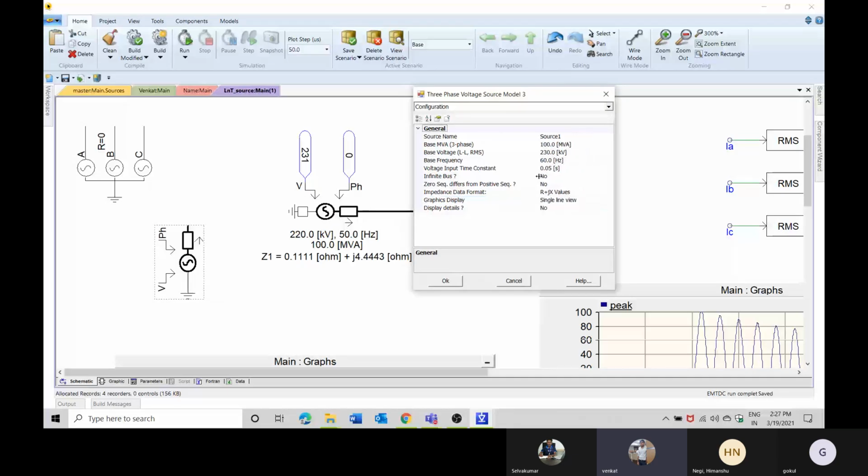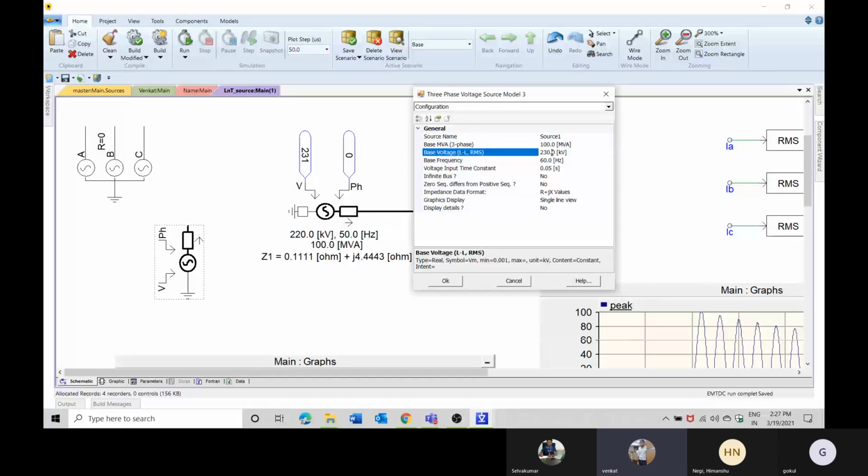Here can you see, this is the name of the source. Whatever name you want, you can give for the particular source. And this is the base MVA which you are going to give for the particular system. This all depends on the base MVA which you are going to choose for the particular network.